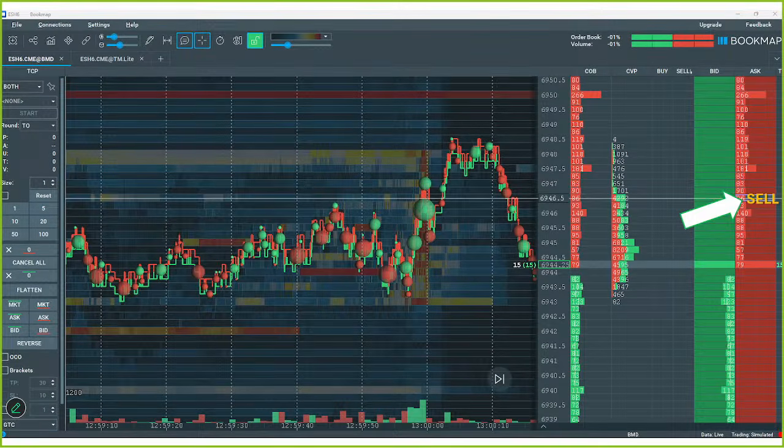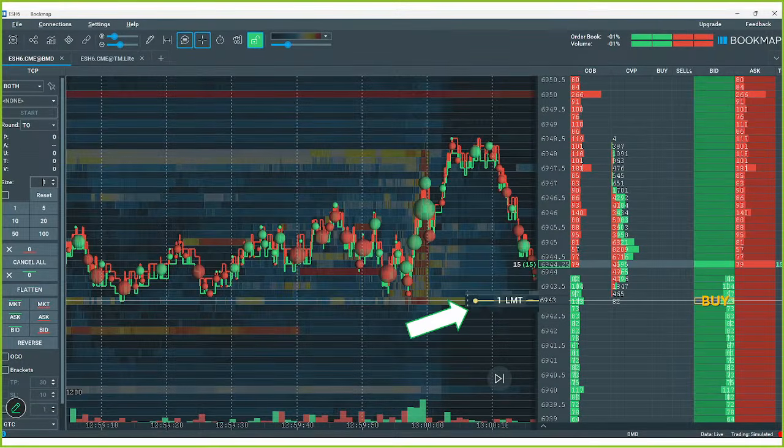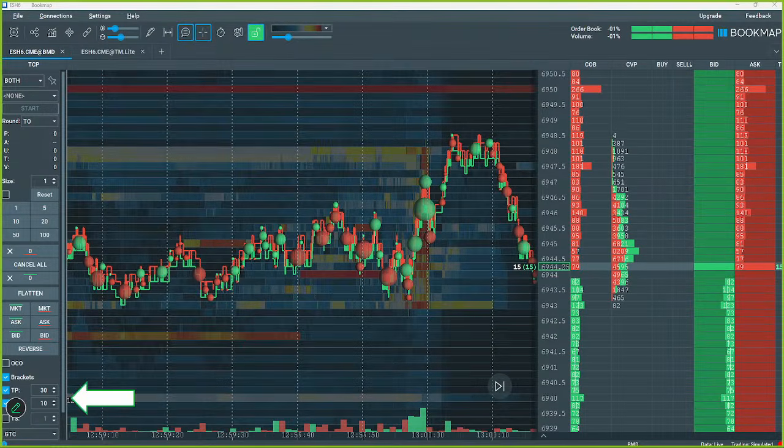Now we can come in and we can buy, we can sell, we can create these orders. They'll populate right on our charts, and then we can move them around and adjust them as we're managing our trade. One of the things I love is you can come over here, you can preset your trading brackets, so you can preset your stop amounts, you can preset your risk amounts.